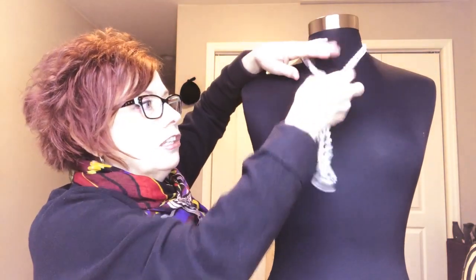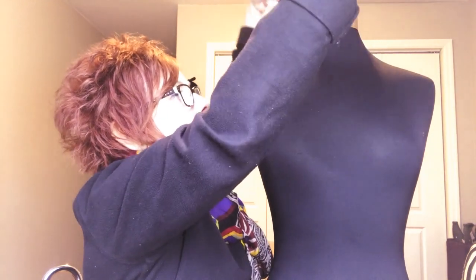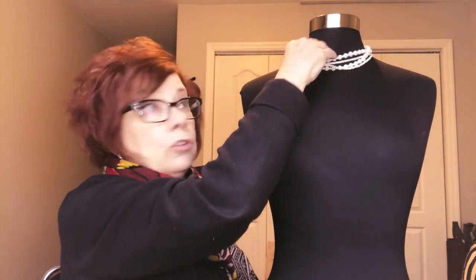That's why I like these long strands of pearls, because you've got this length or you've got the shorter length. And you don't have to buy so many necklaces if you learn some of these little tricks. The next one that we're gonna look at, I picked these up at a yard sale,